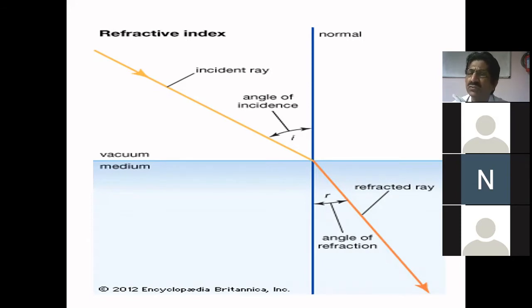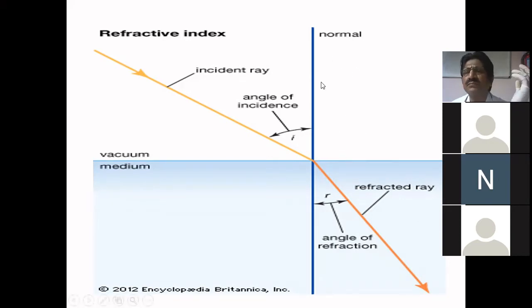And here, this is what we call refraction, where light travels from one medium to another medium, rarer to denser, and as it moves from rarer to denser, there is a change in the direction of the light ray, and it always bends towards the normal compared to the incident ray. The refracted ray bends to the normal, and that is what we call the refraction of the liquids or the denser medium.